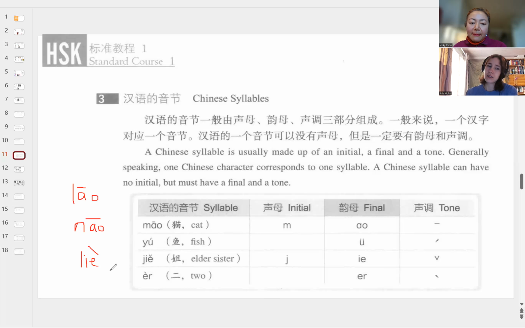How do you pronounce this? 烈。对的，烈。好的，我们看一下最后一行。